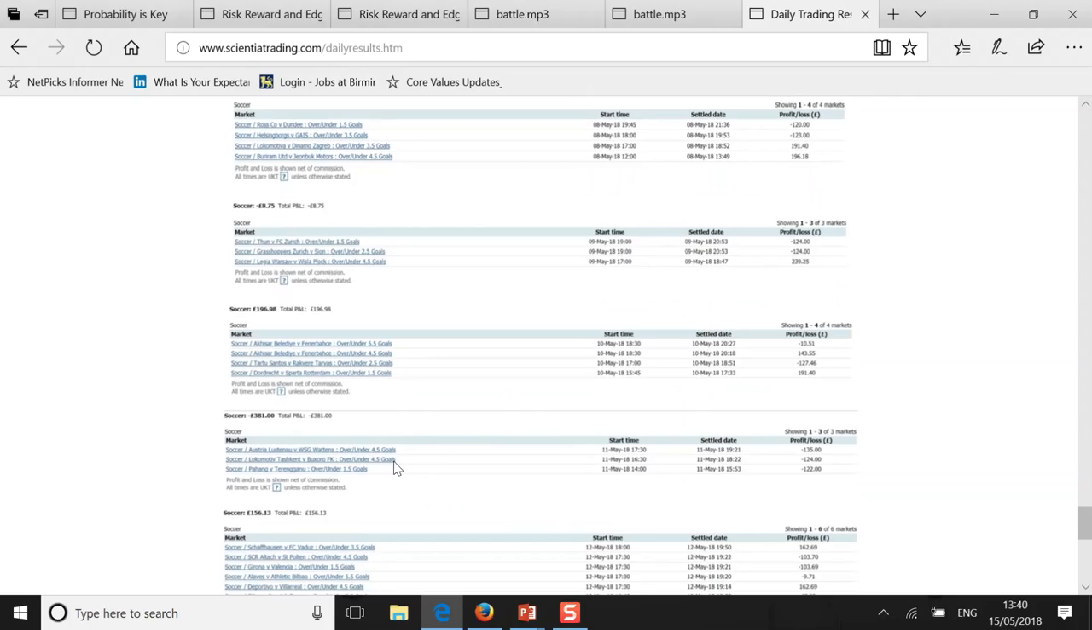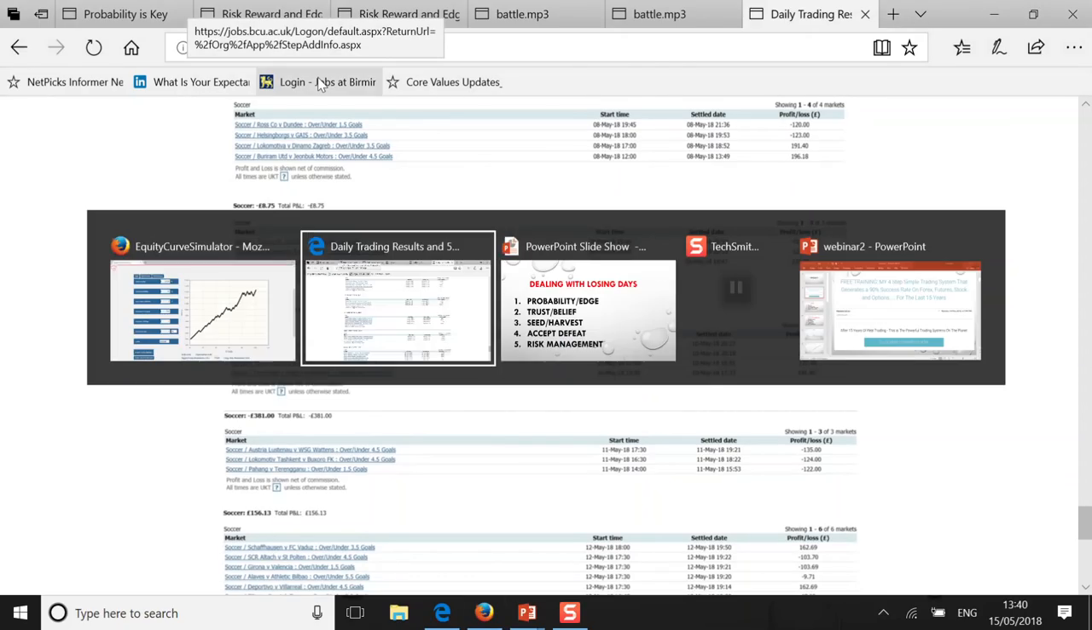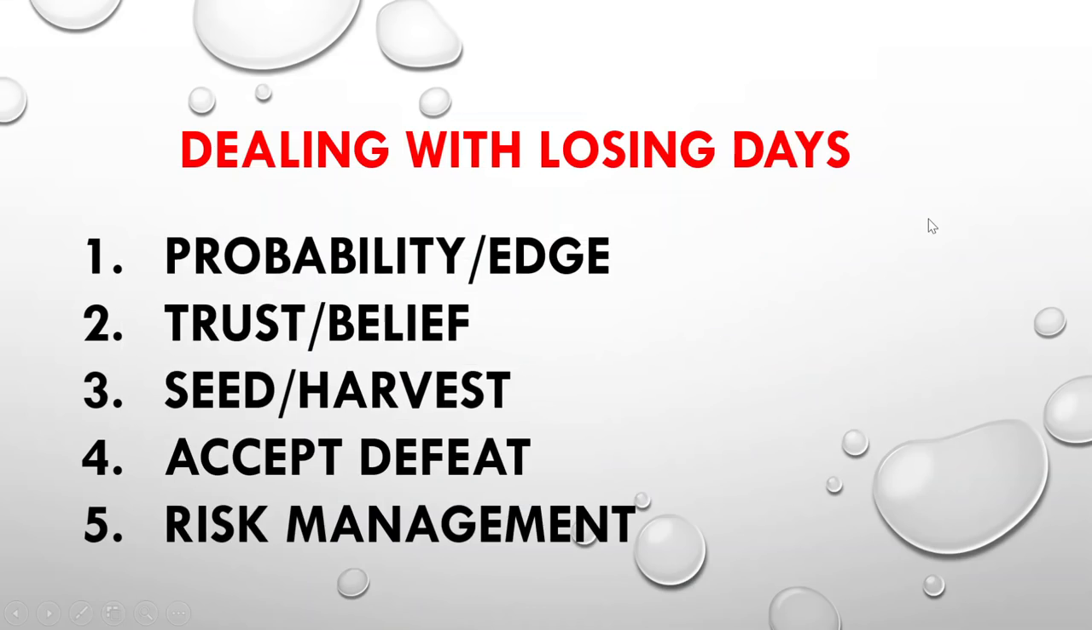Now, I received a question when I had that second £300 losing day. Somebody actually asked me the question, how do you deal with losing days, or how do you deal with losing consecutive days, or having a period of time in the week where you've lost more than one day. And what I wanted to talk about was really